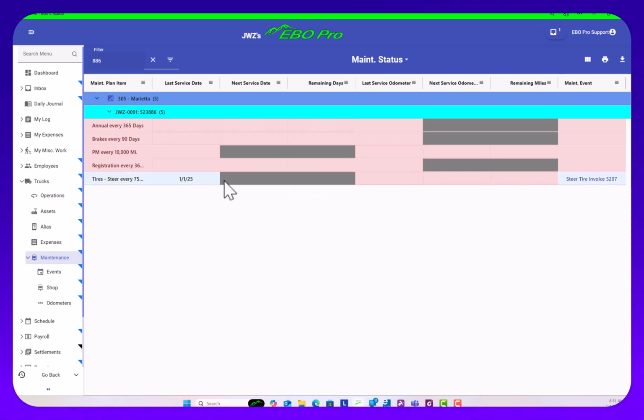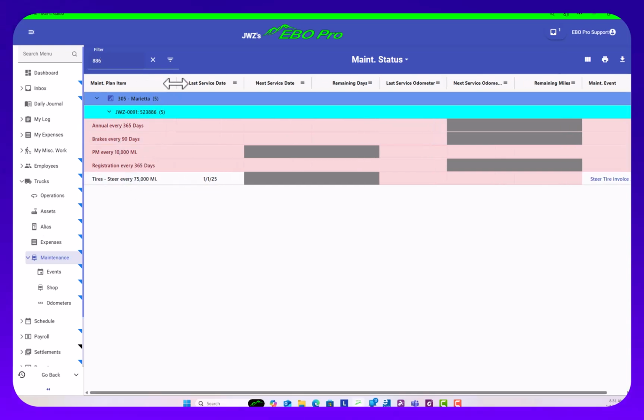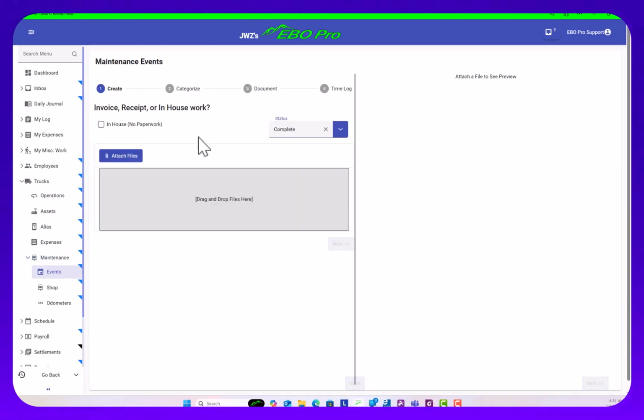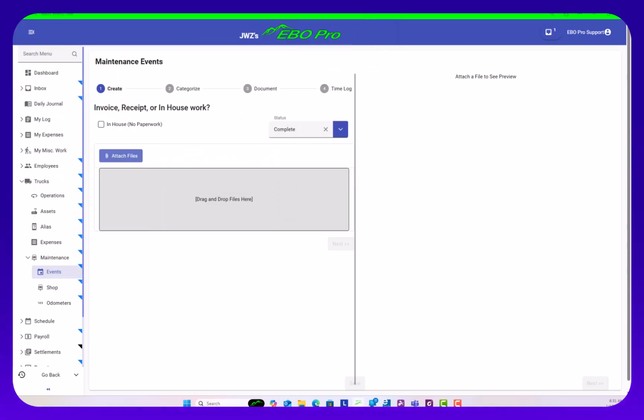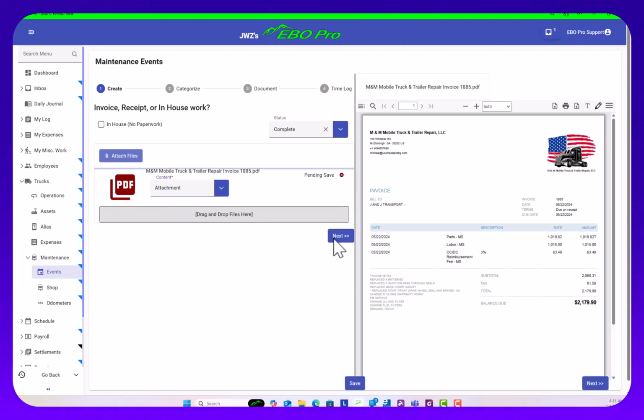We don't have, on our test data, the odometers hooked up, so it's not showing that clearing. I have that because it was set up for every so many miles. If I did a brakes invoice, it would clear it out due to the days. So we would click on events, click on the plus new sign, get the invoice that we want, and I'm going to put in an invoice, but I'm going to make it about brakes. So I'm going to click next from here,